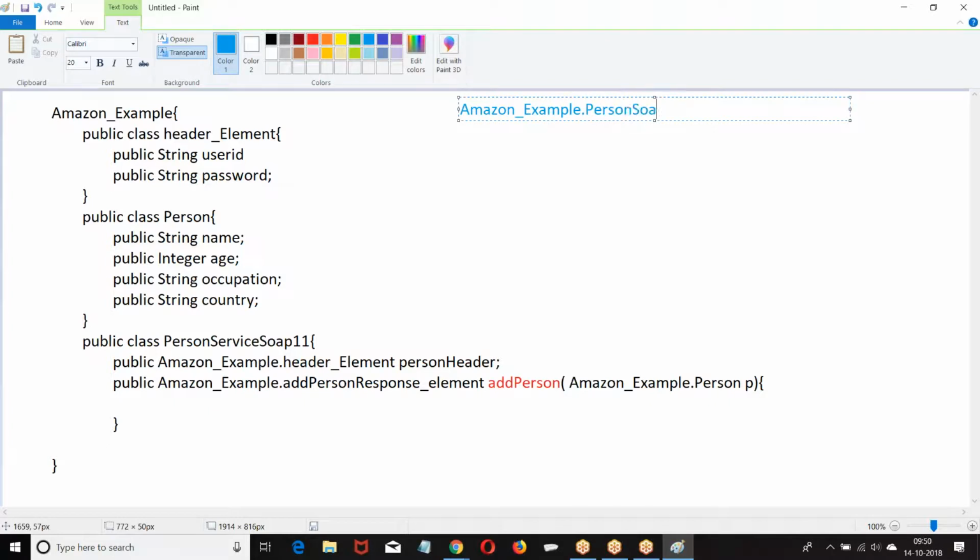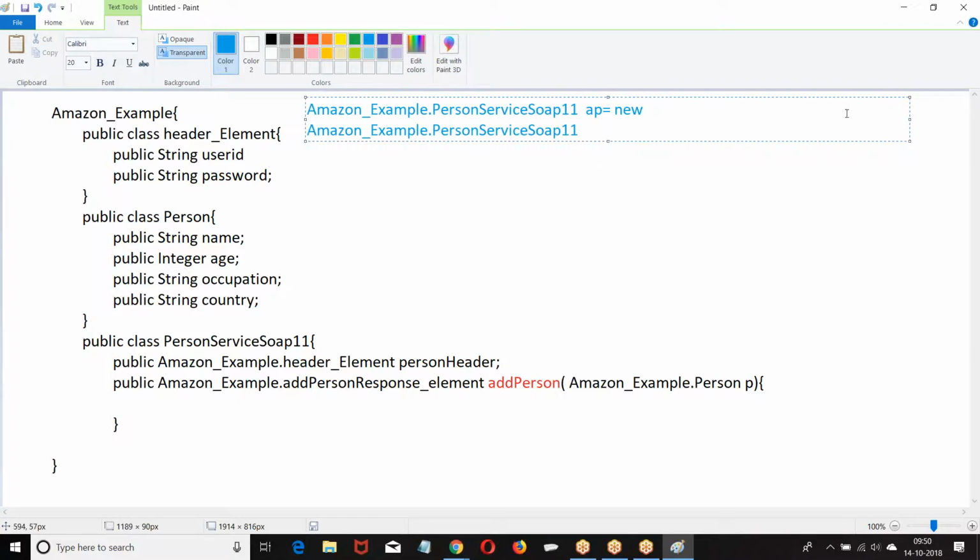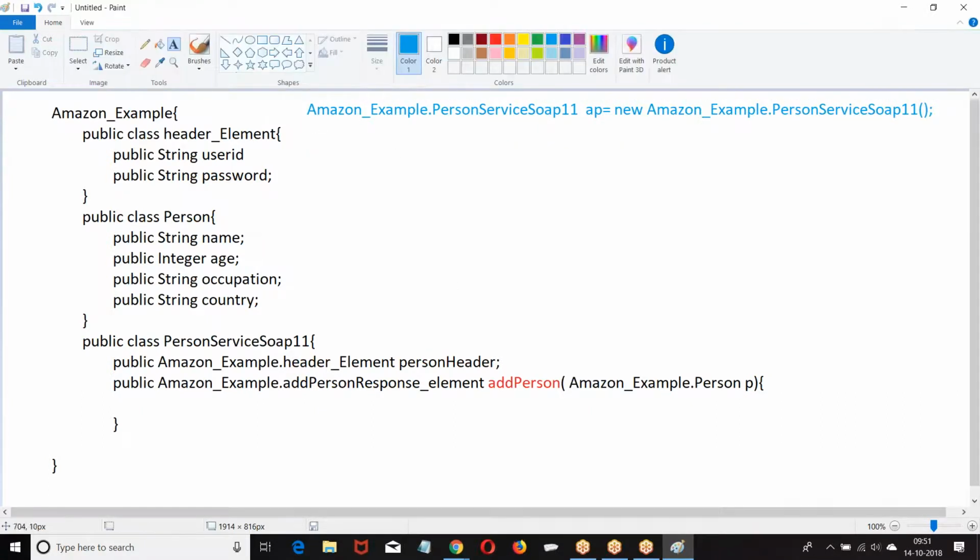Person service SOAP, the person new. This is what I create. So I create an object for this inner class. Now, what is the next step I have to take?